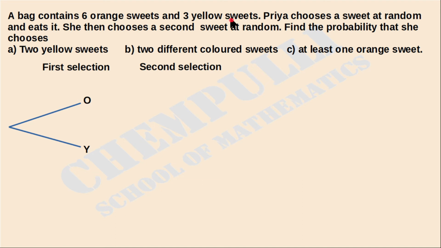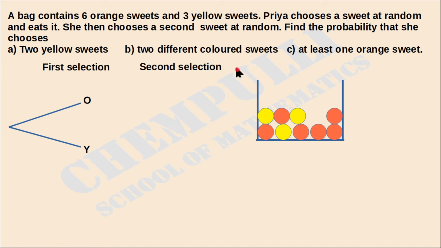Okay, then in this case here the bag contains 6 orange seeds and 3 yellow seeds. We can take it here, that is 6 orange seeds and 3 yellow seeds. Then what is the probability from this bag? What is the probability of getting orange seed? Here total how many orange seeds are there? 6 orange seeds. Then total how many seeds are there? 9. That means probability of getting orange seeds equals 6 over 9. Then what is the probability of getting yellow seeds? In this case, total how many yellow seeds are there? 3 yellow seeds. That is, probability of getting yellow seeds is equal to 3 over 9.